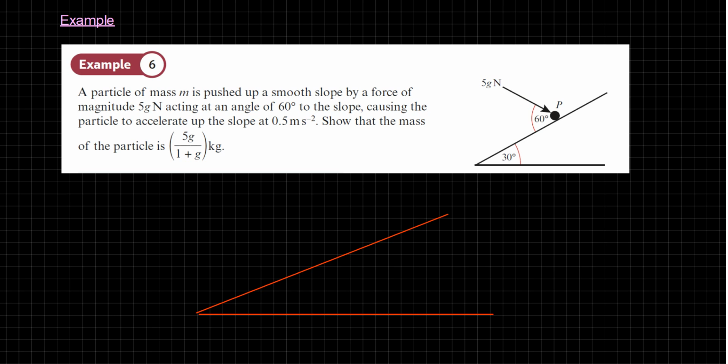Okay, so there's my slope. There's my 30 degrees. There's my object. And let's draw that mystery force on here. So now I'm just going to do that same trick again. Let's extend that arrow briefly, draw in the relevant angle, which was 60 degrees,